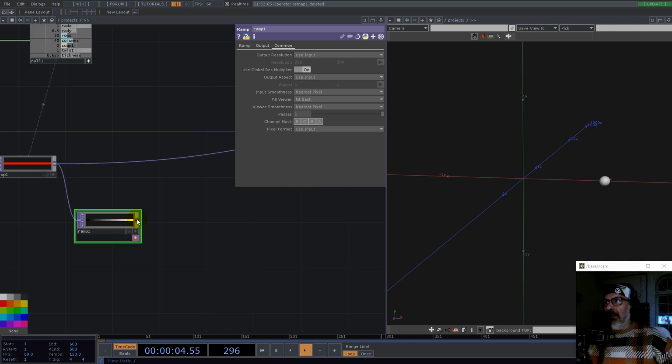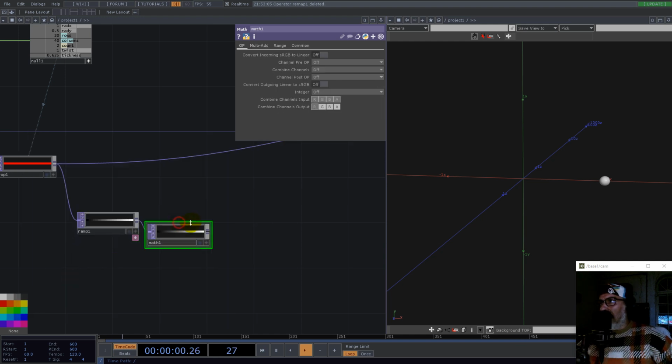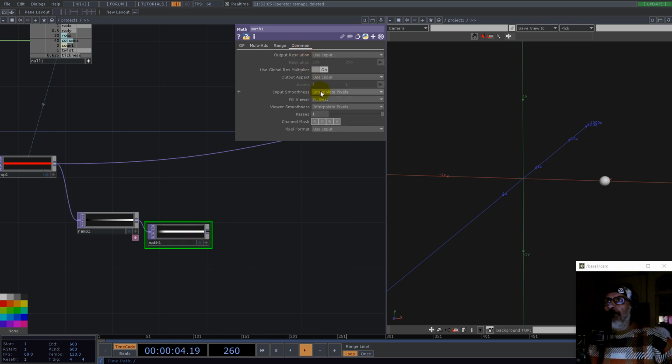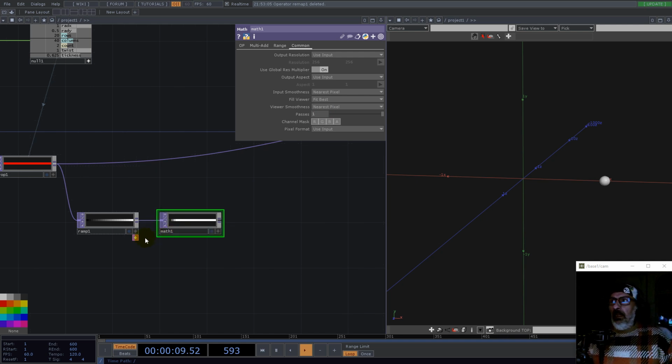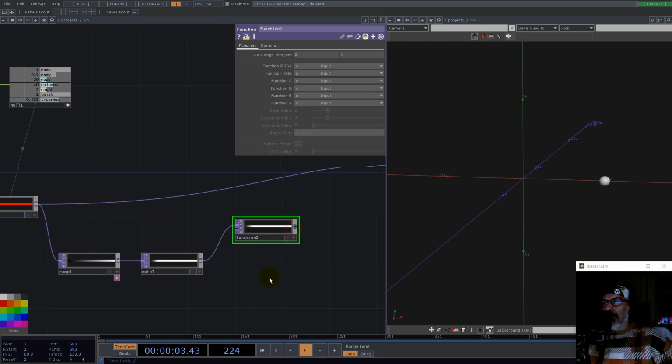Okay, so I need to use a math here, and let's go with math.pi multiply by 2. Now I want to take the sine and cosine of those values. And so I use a function top, okay, and